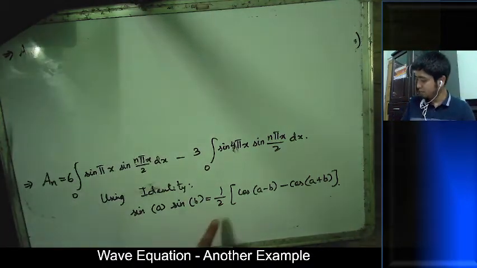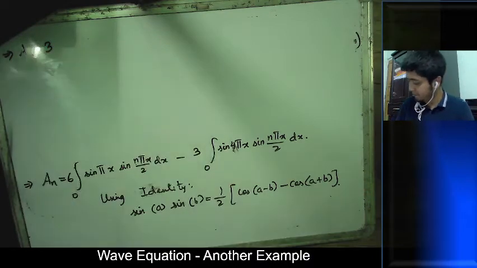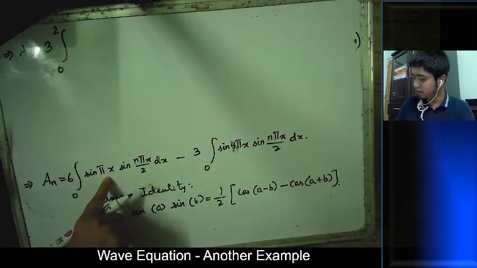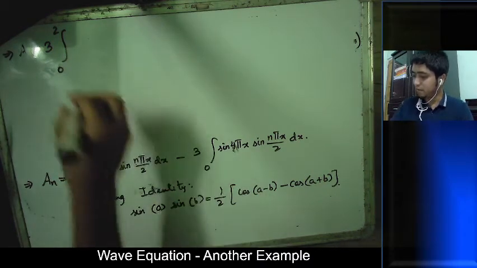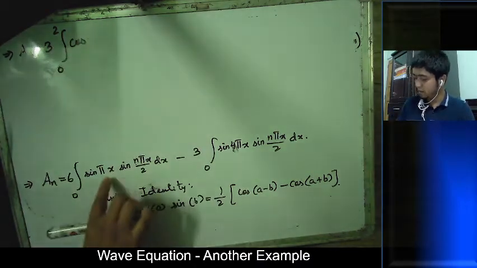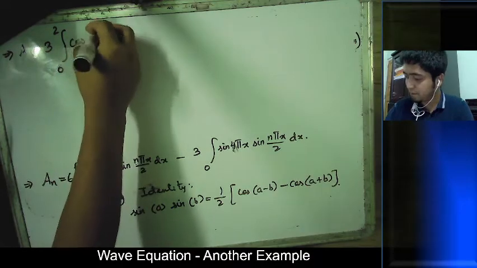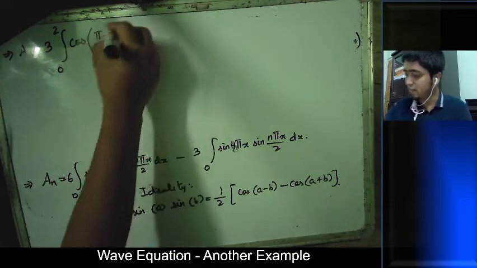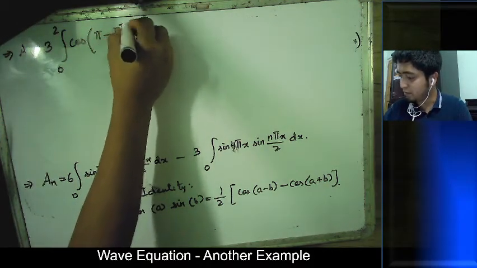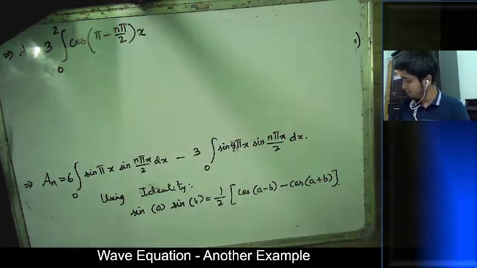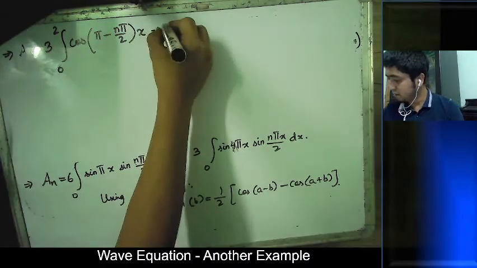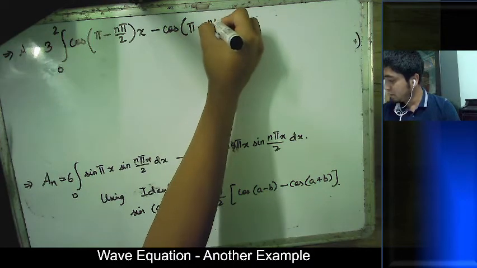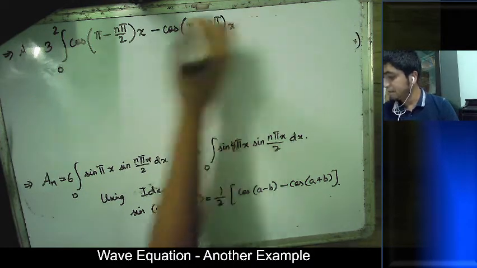Okay, 6 divided by 2 is 3. Okay, integration 0 to 2. Over here, it will be cos(A minus B), so cos(A minus B), which is (π minus nπ/2)x. Okay, we can actually take x common, minus cos(A plus B), which is (π plus nπ/2)x